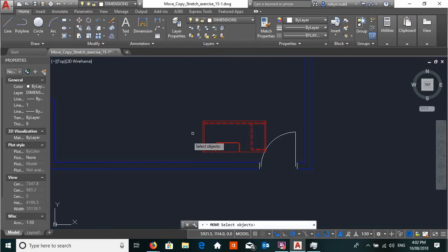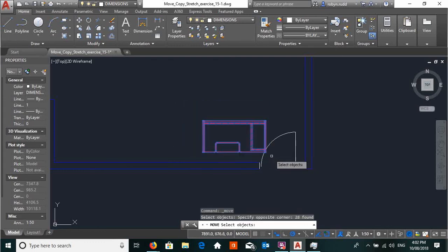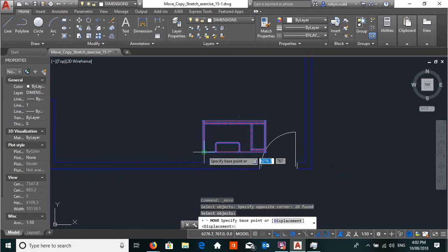So move, select this window which is blue, click, enter, choose your base point which is there, and now we are going to move it upwards. So first 5,000 to the left and 1,100 upwards. So when we're moving to the left as an x coordinate, it's a negative x coordinate, so we're going to type in